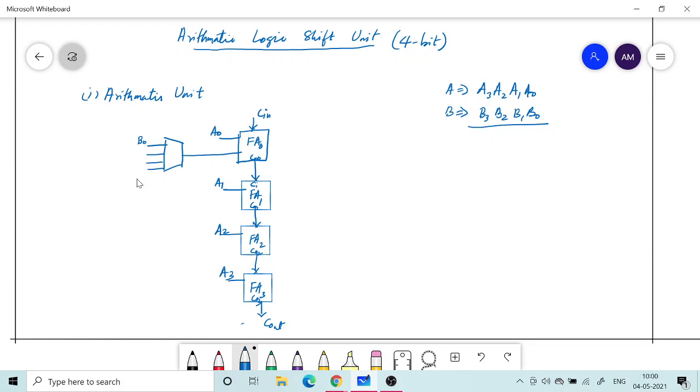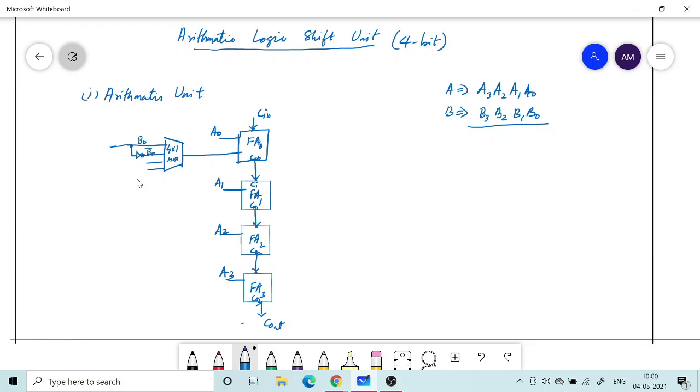Okay, so one of the operations possible is maybe A plus B. Okay, just adding these 2 numbers, but that's not the only operation that I want. There are various other operations I am interested in. So what I do is basically use this 4 by 1 mux here, and here is where I give my B or B0, and then here I just give a NOT gate, so this will become B0 bar.